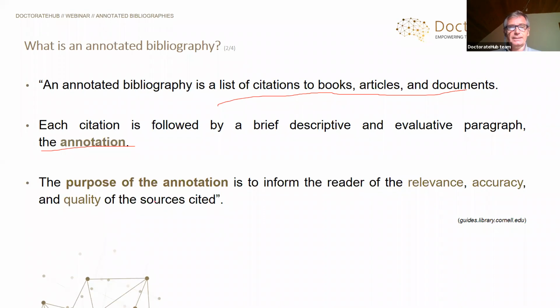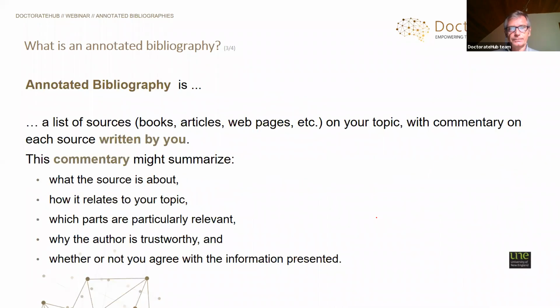And as we said, these annotations will be mostly linked to the relevance, to your research, accuracy of the source, of the journal, of the author, as well as the quality of these sources which you have read. I will develop that further, what should be or could be part of the annotation. That's where we're coming closer and closer to how it should be done and what the content of the annotations is. But first, I would like to say it's extremely important that it is written